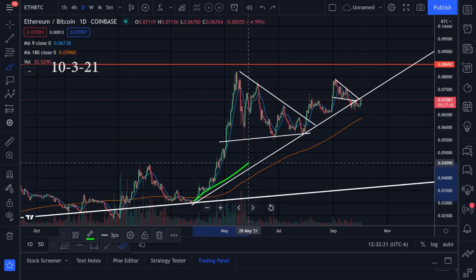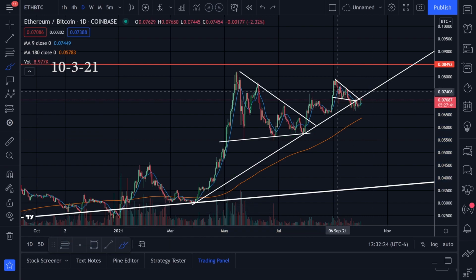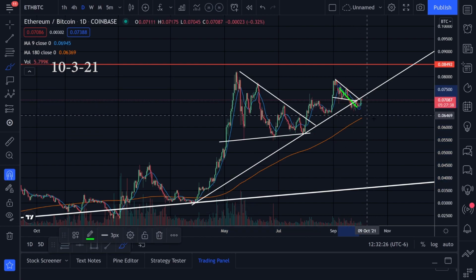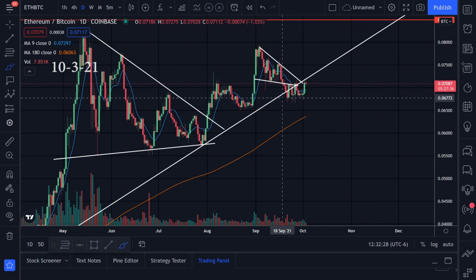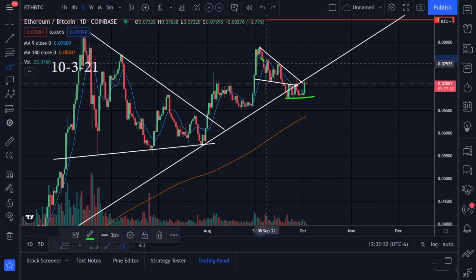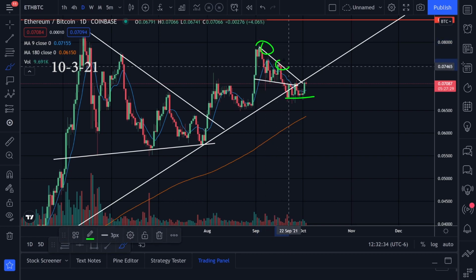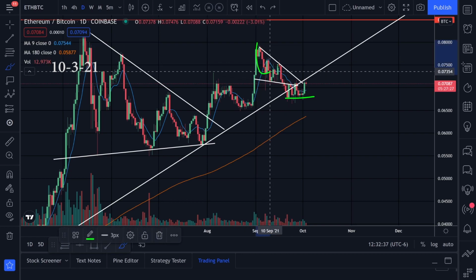And as you can see, we have this big uptrend right here, but we kind of broke through right here, and it looks like we're just going sideways. I wanted to give you guys an update on how it is trending down. We do have this resistance right here and resistance right here, and this looks like a falling wedge